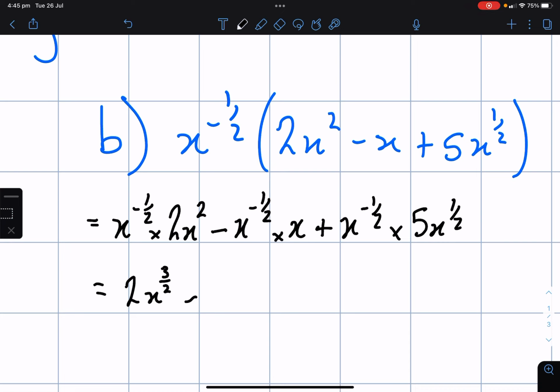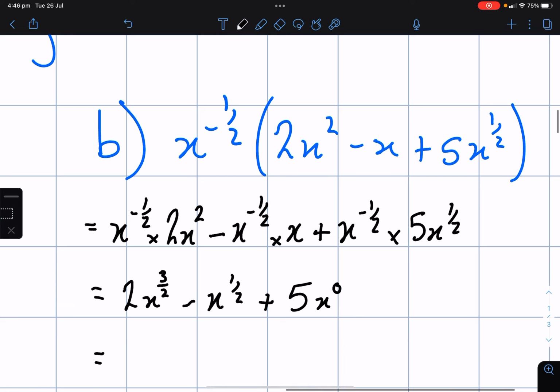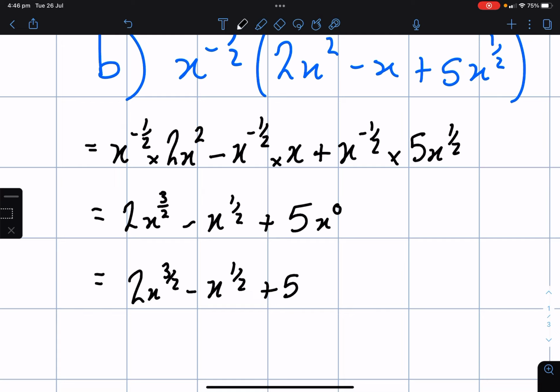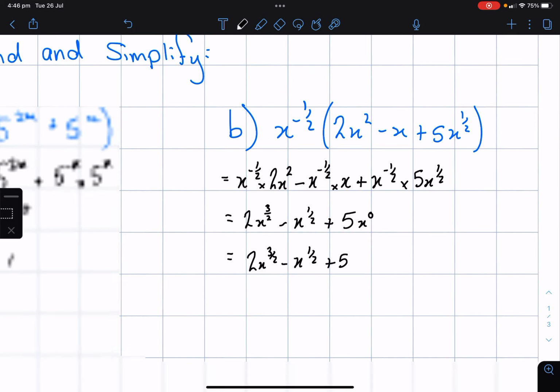So 1 take a half is a half, x to the power of a half. Plus 5 comes out the front, okay? Then we've got x, so negative a half plus a half is 0. So we are left with 2x to the power of 3 on 2, take x to the power of a half plus 5. Okay, and that is expanded form. All right,